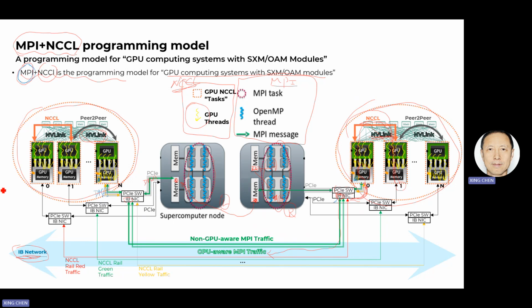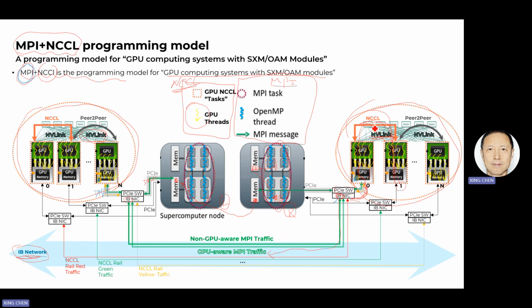left-hand side group of GPUs, between these 2 groups of GPUs, the communication has to go through this InfiniBand network. And it has to go through the 3 kinds of links. If GPU 0 from the right-hand side has to communicate with GPU 0 from the left-hand side,